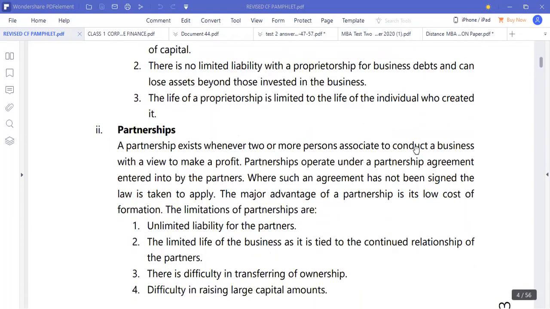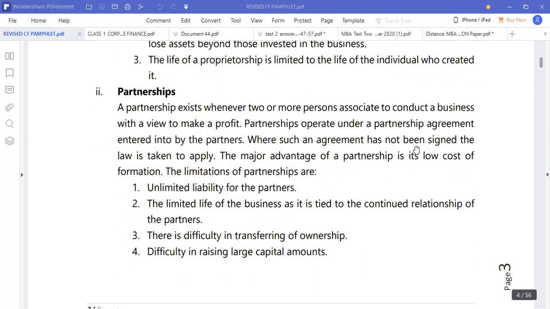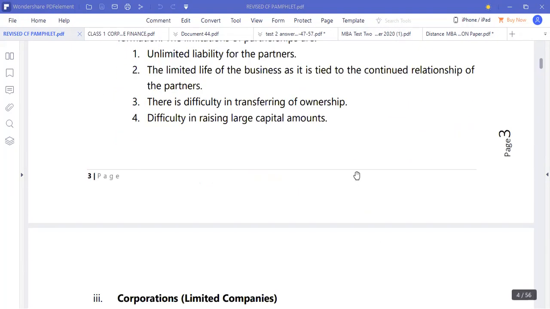As well, the life of this kind of business structure is limited to the life of the individual who created it. Graduate into a partnership, which has two or more associates that merge to form a business. These two have unlimited liability. They also find it difficult to raise finance because of the capital investments each individual puts in. Of course, there's a larger pool of finance and expertise because partnerships bring their resources together.